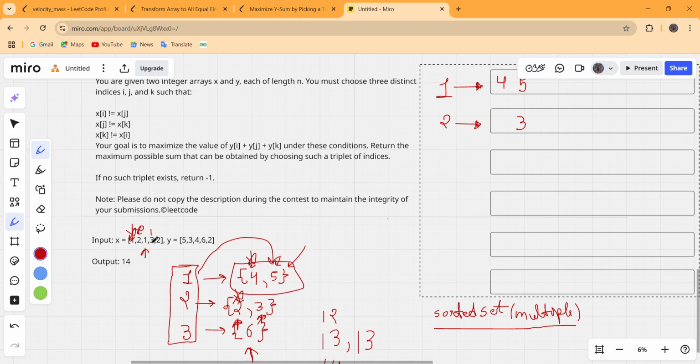Now comes 3. For 3 the only value is 6, so this will create a new key named 3 and push 6 inside this multiset. Again 2 comes, and this time the value for this 2 is 2, so 2 comes before this 3.